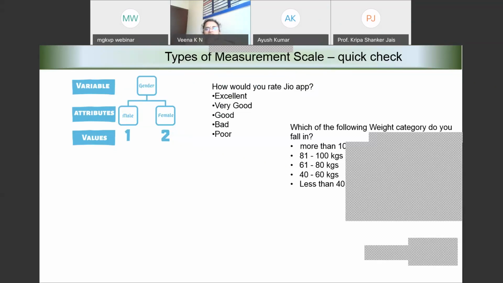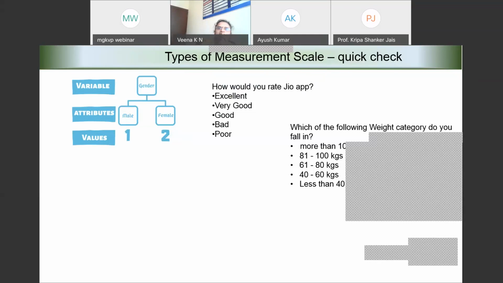Is it nominal, ordinal, interval, or ratio? Ordinal. Somebody says ordinal. Any other answers? Okay, many of you are saying ordinal and it is correct.